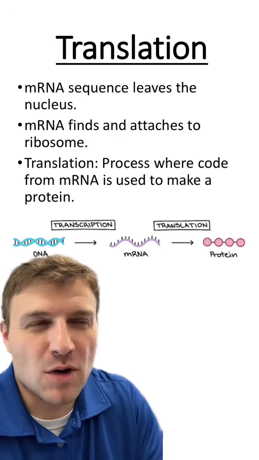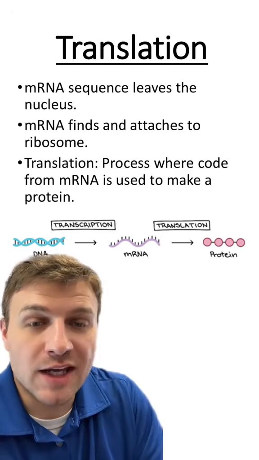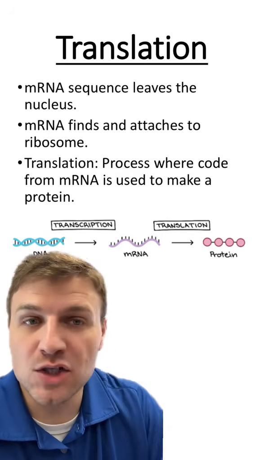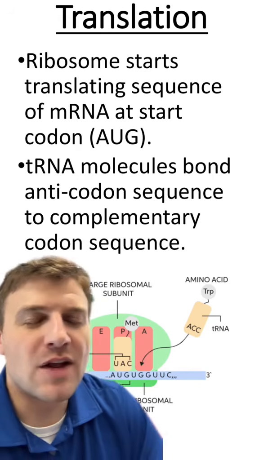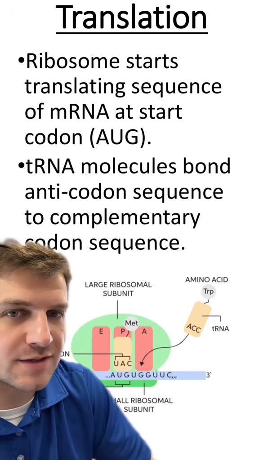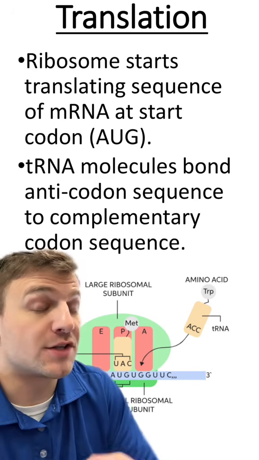Translation is specifically the process of taking that sequence of nucleotides in the mRNA, decoding it, and making a protein. And we make proteins at ribosomes, so translation will occur at the ribosomes. Now, whenever the ribosome attaches to the mRNA, it's going to start reading that nucleotide sequence. Whenever the ribosome starts reading that sequence, it's going to come across a codon known as the start codon, which